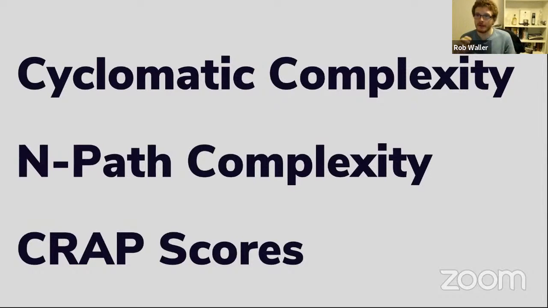The next metric that is useful is end-path complexity. And end-path complexity is slightly more complex, but it's also quite fun and it can be quite scary. Basically, end-path complexity tells you about the number of possible or theoretical paths there are through your code. And this grows exponentially, right? So as you get more and more decision points, so if do this, do that, if this, do that, whatever, right? As that grows, your end-path complexity will grow exponentially.